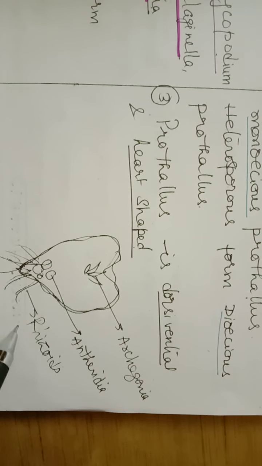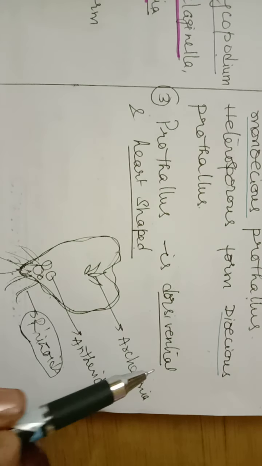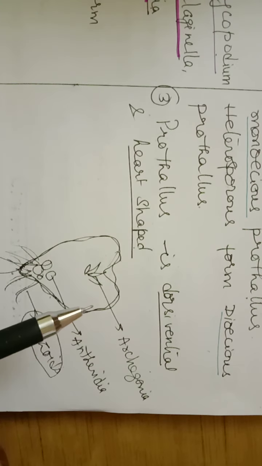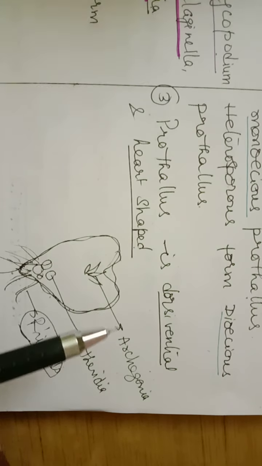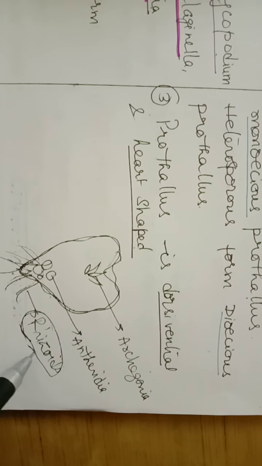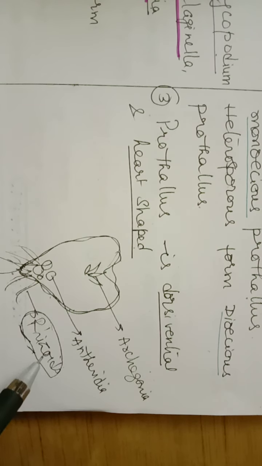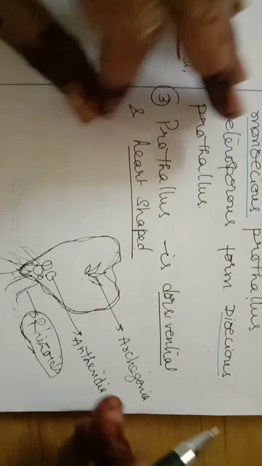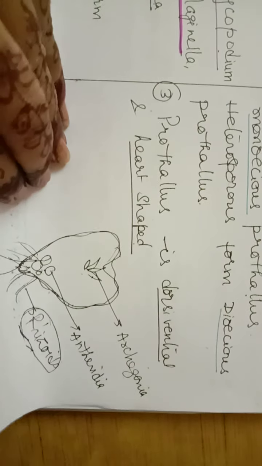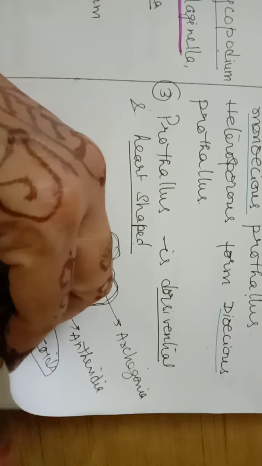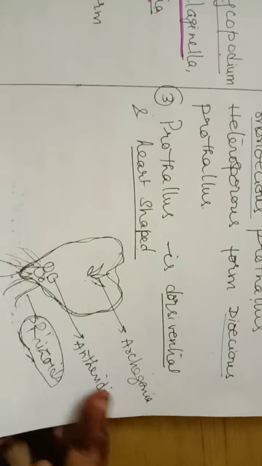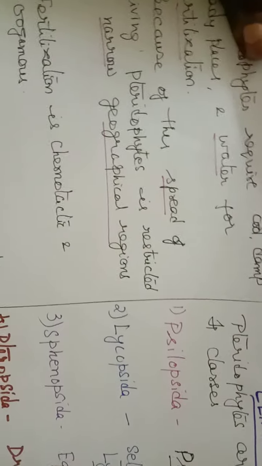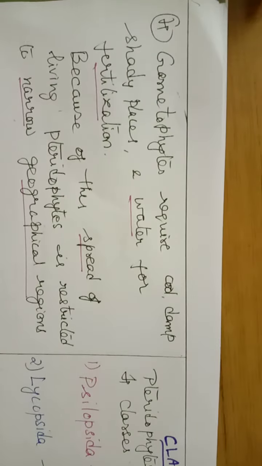The rhizoids, you should already know the term, are not true roots because the gametophyte is atracheophytic. The vascular tissues are present only in the sporophyte of pteridophytes but not in the gametophyte. So here we don't call them roots but rhizoids. And antheridia and archegonia, all these structures are present only on the ventral side. The ventral side is the side which is closely attached to the soil. That is called the ventral side. So on the ventral side we find all these structures.